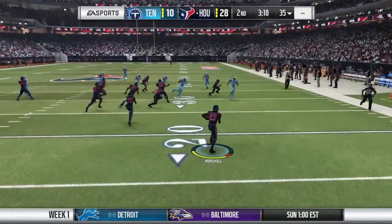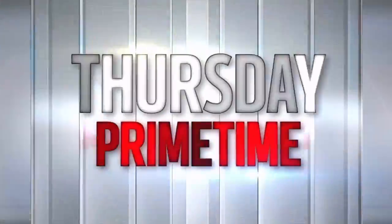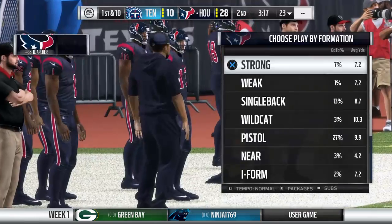Marshall now, the return. And he'll make it across the 20 as his guys will set up shop at the...